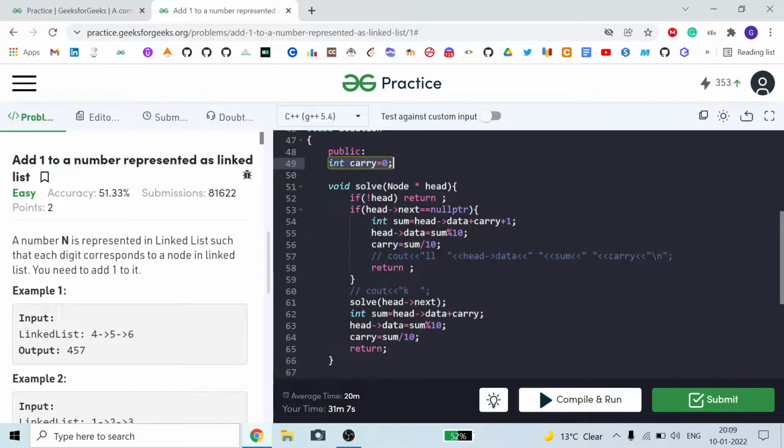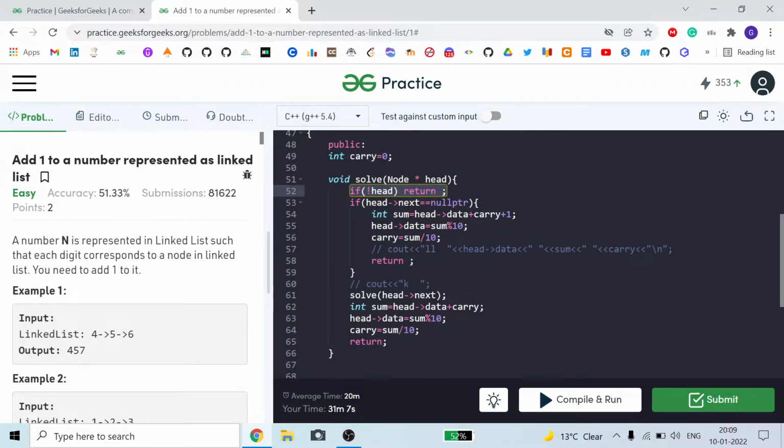So I took this variable. This is a public variable, you can see. And this is my solve head function, and you can see if head is equal to null, then we just return the head. Or what we do, we have to do the operation on this last index. When our head points to this 6, the next of this pointer will always be equal to null. So what we can take, if our head next